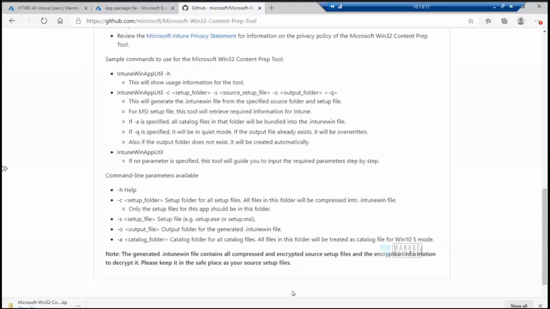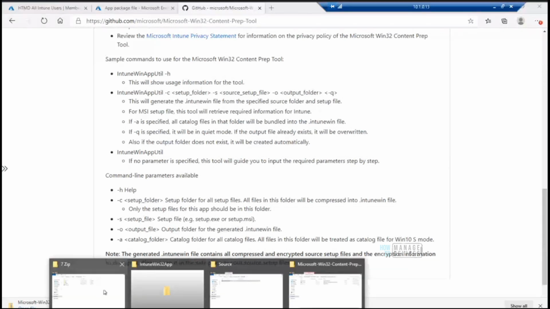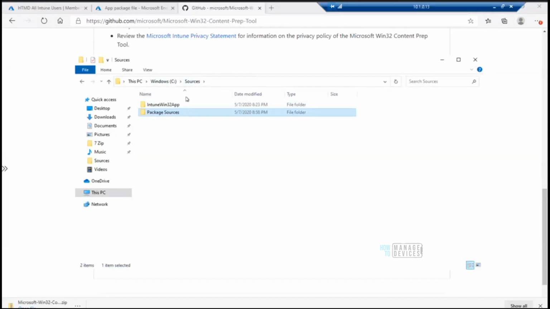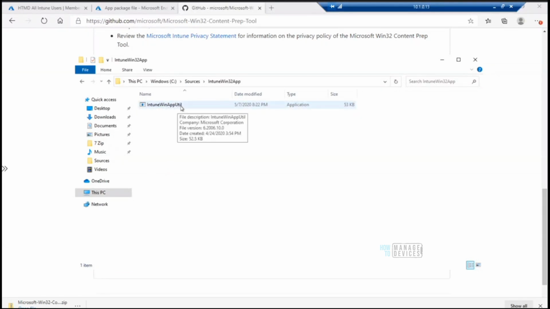So I have already downloaded, and I only copied that particular exe file. Let me show you that exe file. This is my exe file, the Intune Win app utility. This is the exe file which I'm going to use.